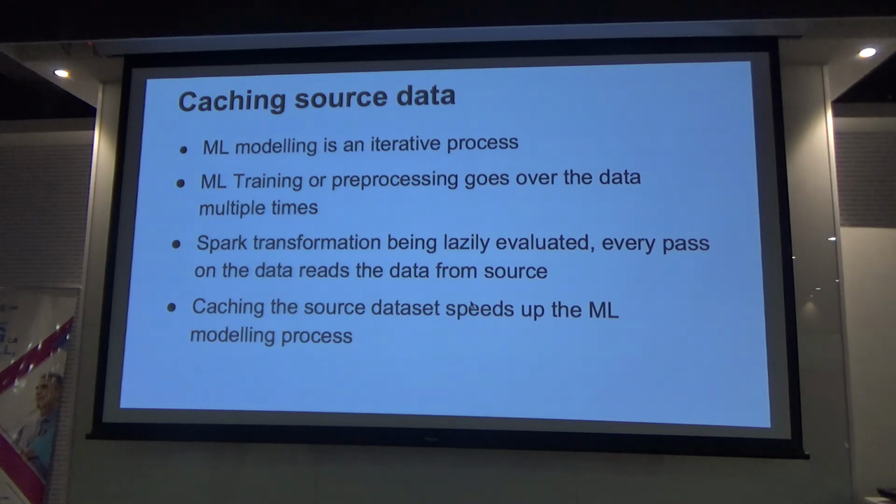If you cache the source data going into the pipeline, your processing will be much faster. Since Spark is lazy, every time you do processing, like calculating the mean, it reads the data from the file, does the processing, and then forgets about the data. Whenever you do another operation, it again goes to the file to read it, unless you cache it manually. So it's good to cache the source data and then pass that cached data